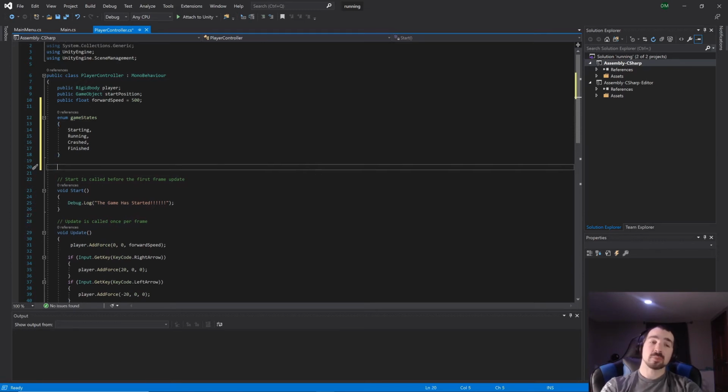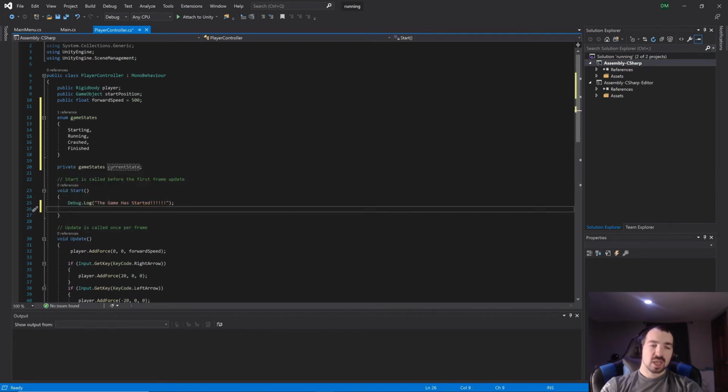Now let's have a variable that can tell us exactly what our current state is. So in here we'll make a private GameStates currentState. And when the game starts and our debug log says the game is started, let's make that true. currentState equals GameStates.starting. And now we have a variable that holds a very easy to read description of what state our game is